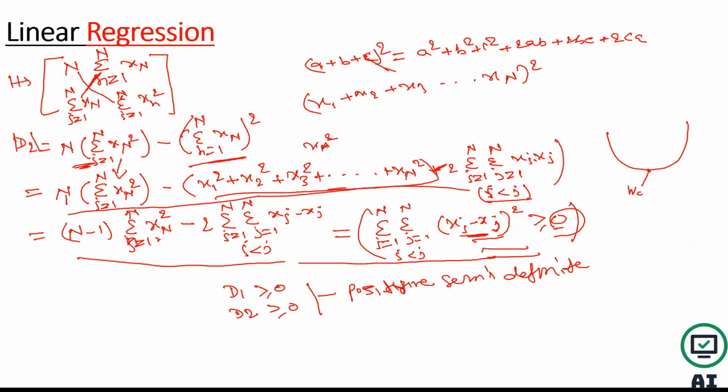So we wanted to find this w0 and w1, and we have proved that the error function is a convex function by the nice theorem which we have applied here, by checking the leading principal minors for the first principal component and second principal component, and that came out positive semi-definite. Hence we can conclude that the error function is a convex function.